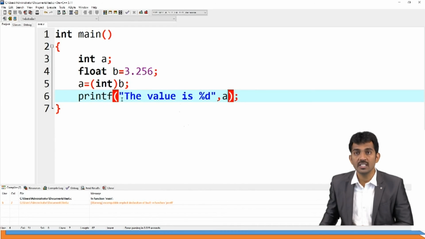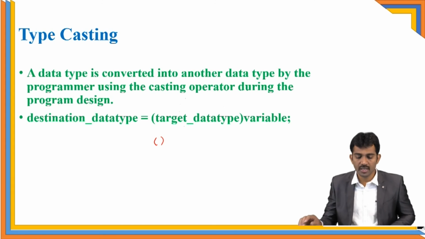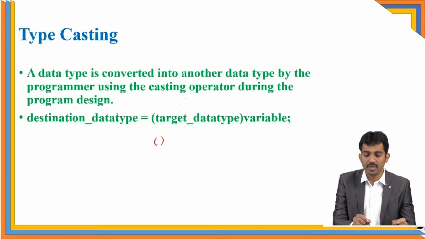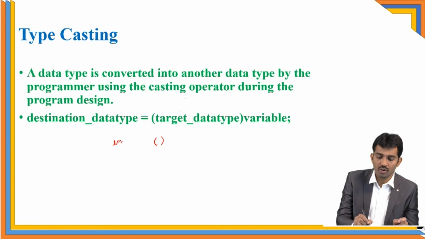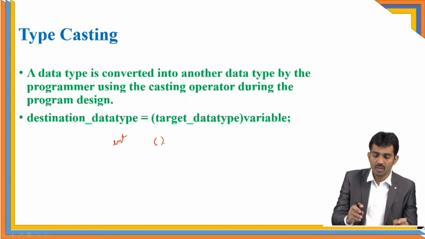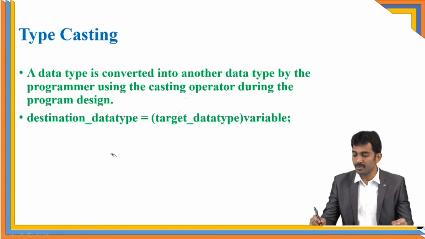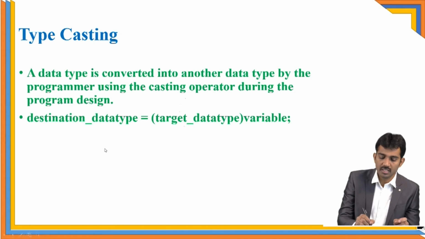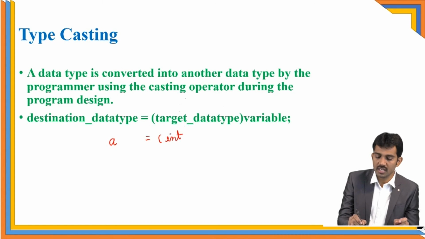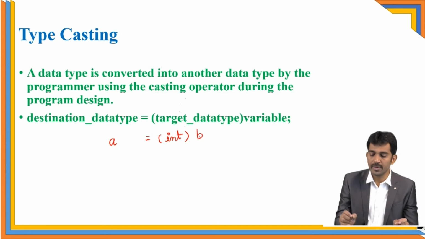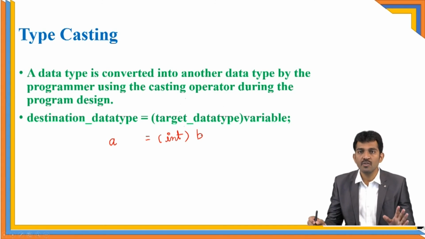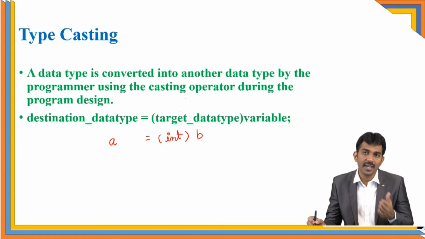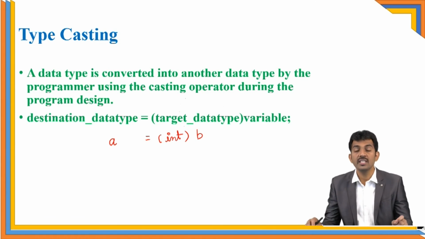It means you are converting your data to the destination. So this is the target, right? This is the target. Observe carefully. Here the destination data type is integer. Now you are going to convert your data into the integer type. Integer type means here a is there. A is which type? Integer type. What data is available? B. This is a variable. B is a float variable. Now float is converted into integer by using the destination. This is called typecasting.